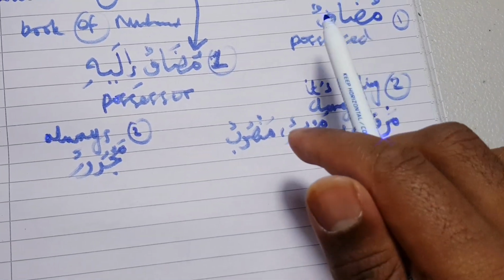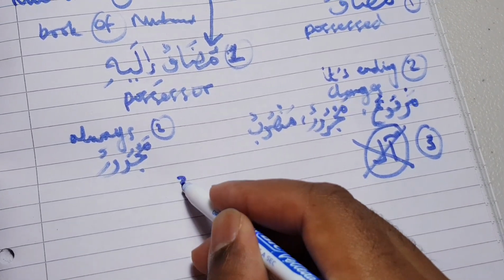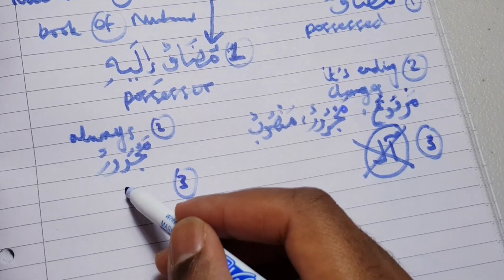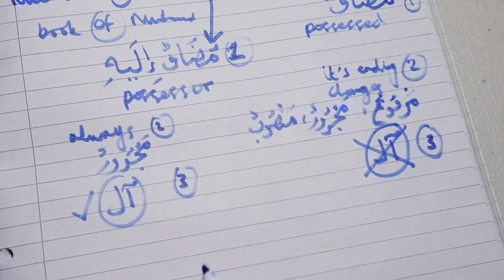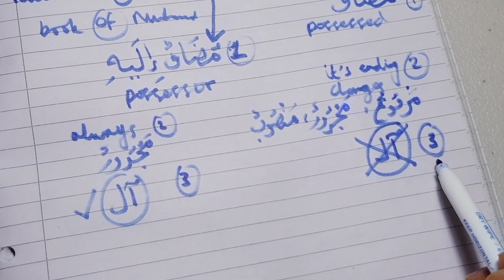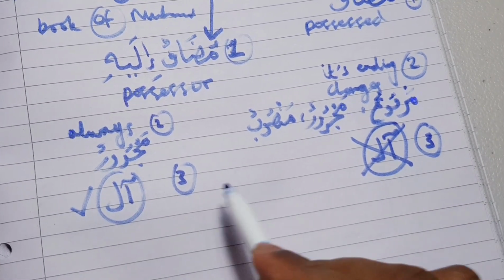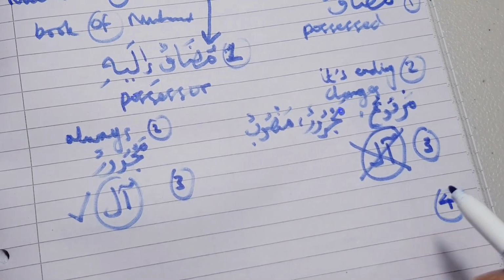Whereas the mudaf ilayhi does accept al. It can have al. So with the mudaf ilayhi, al can be present or it can be absent. So it's possible to have al attached to the mudaf ilayhi, whereas with the mudaf, you don't have al. That's number 3. Number 4 is at-tanween